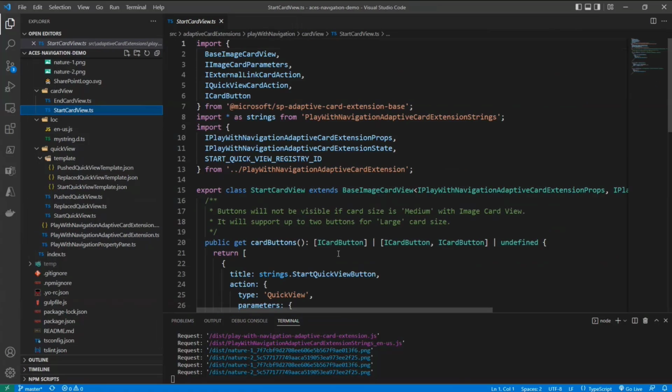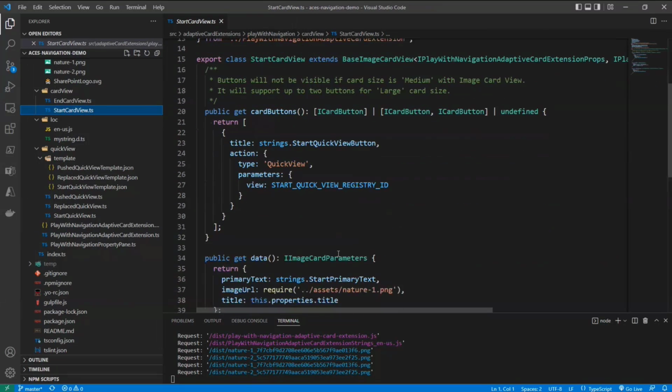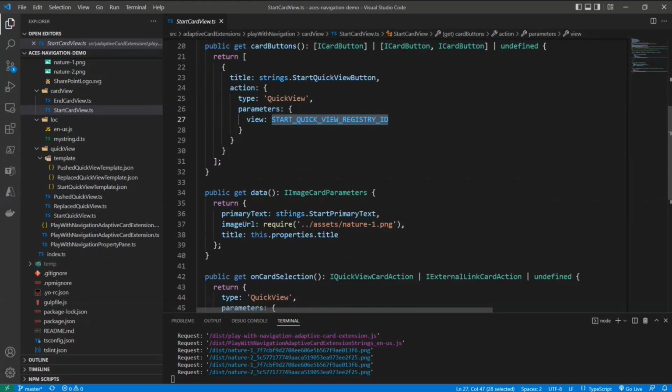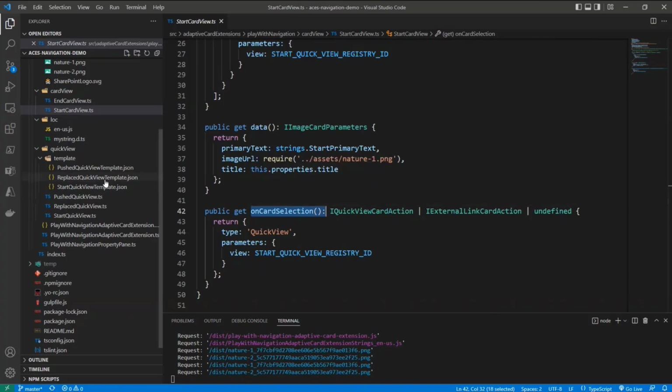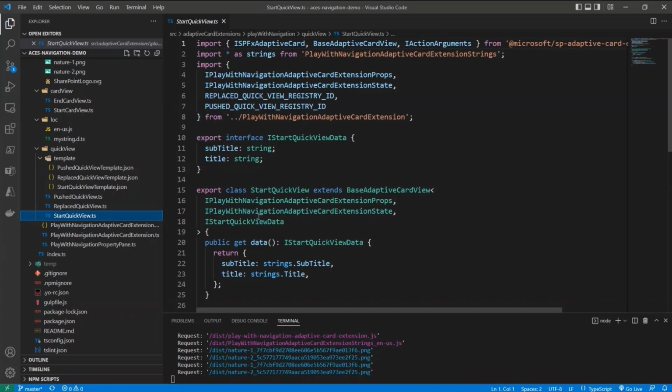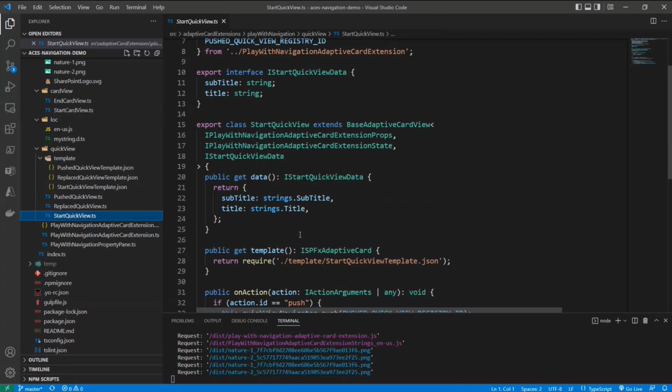In the start card view, we simply have a button which will be of type quick view and which will show the initial quick view that we want to start from, which is the start quick view in my sample. And in this scenario, I also decided to provide the capability to start the same quick view also on card selection, so while clicking on the card. So when I go to the start quick view, that one is a really simple one from a code-based perspective,